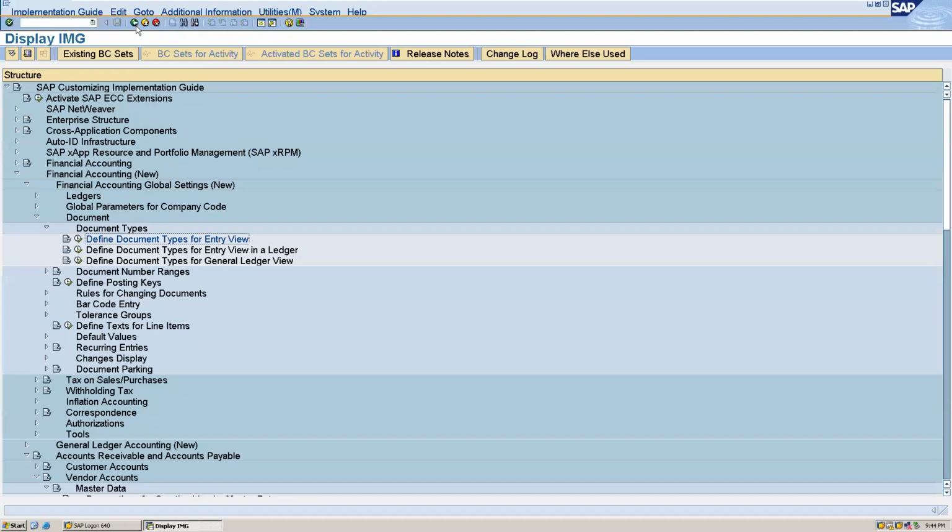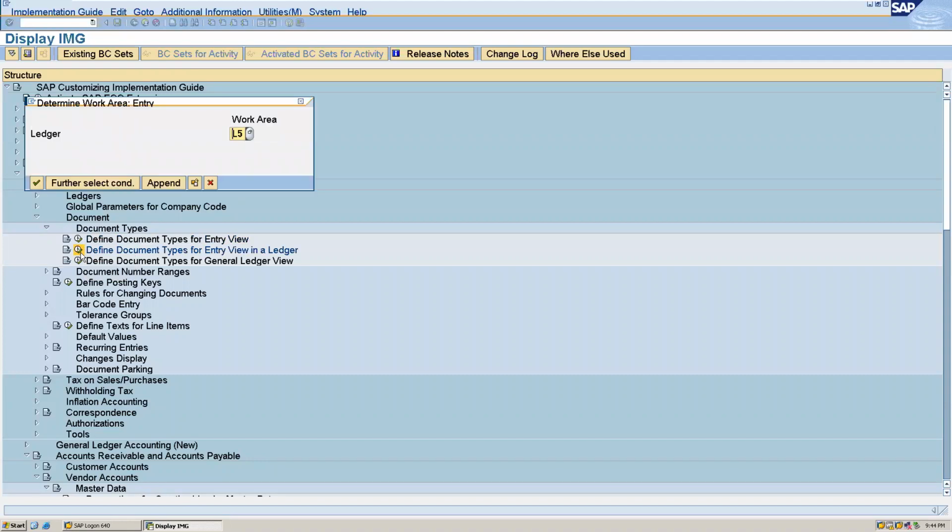Go back. Here we will define document types for entry view in ledger. So we will define the document types, that is KA, KG, KR, and KZ. Here we have to give our ledger. Regarding the ledger, I'm giving L5 as the ledger.